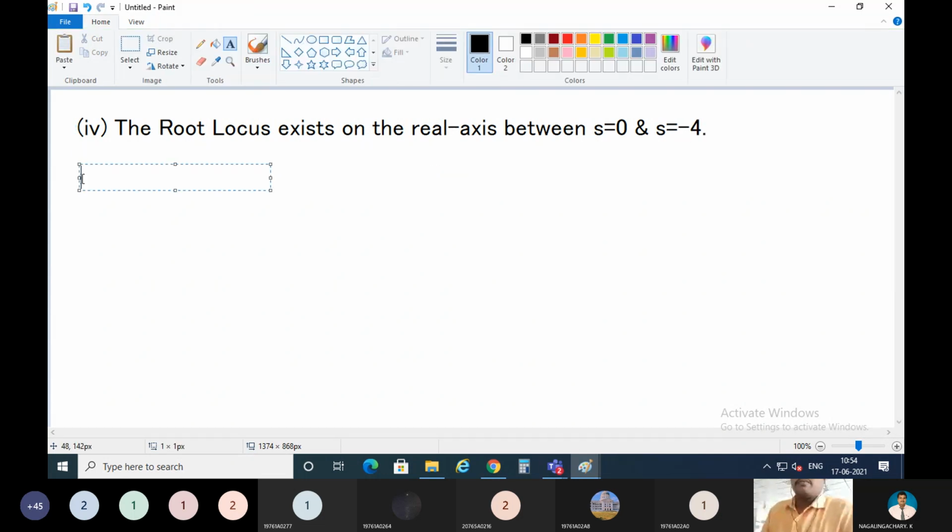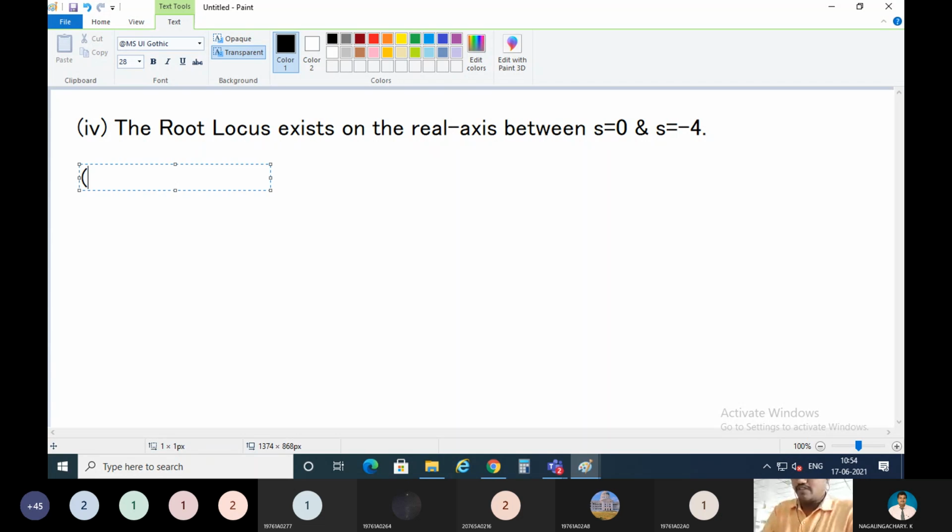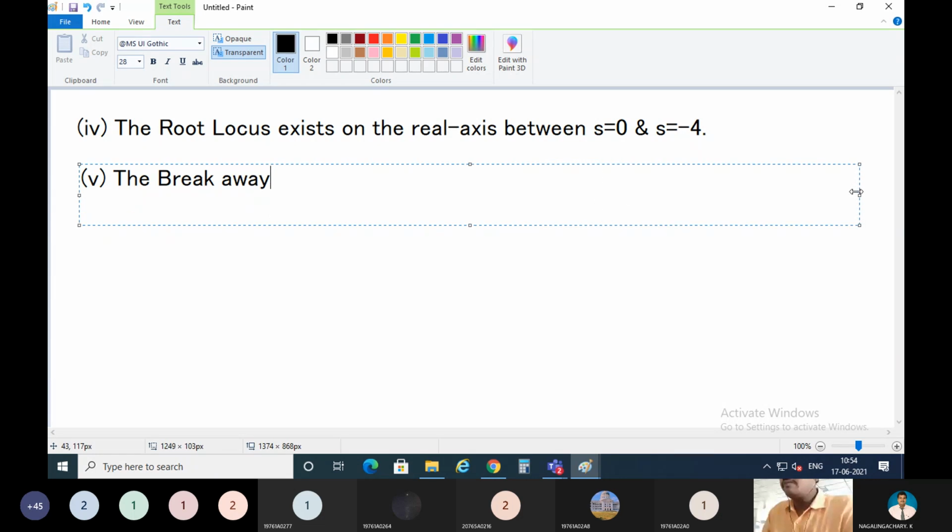Next, the fifth point: the breakaway point, where they are going to meet. Breakaway points exist because the root locus exists between two open loop poles. If the root locus exists between two poles, then a breakaway point exists. The breakaway points are given by the solution of the equation